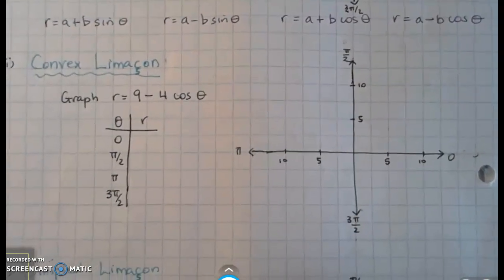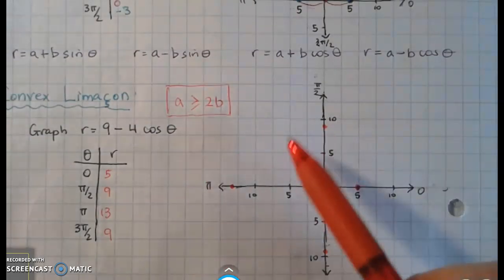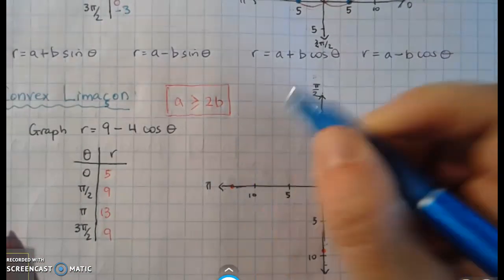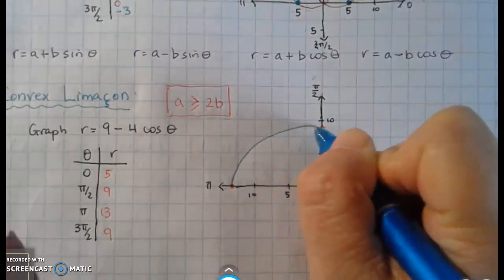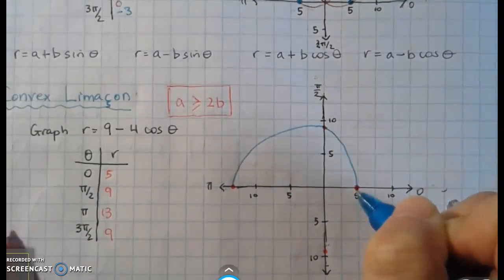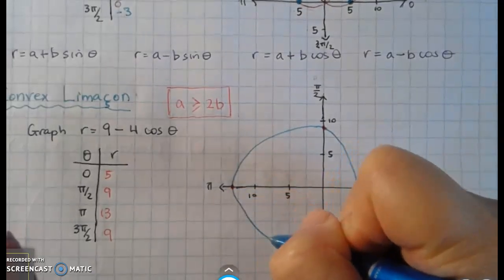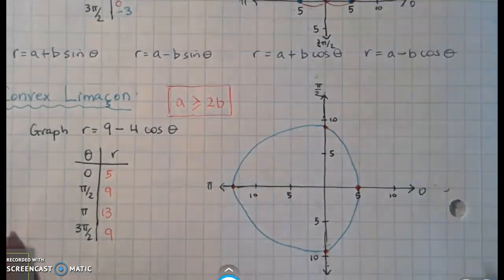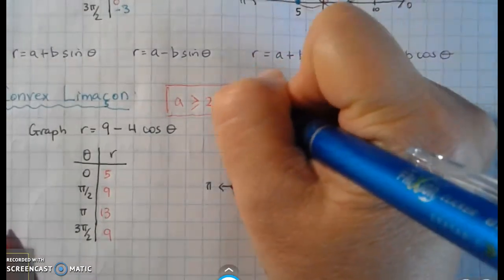And to do that, it's called the convex limaçon. Graphing that, what you end up with is something very rounded, but it's not quite a circle. It's sort of what I would call a badly drawn circle. It's not a very perfect circle. I'm going to just say it looks like